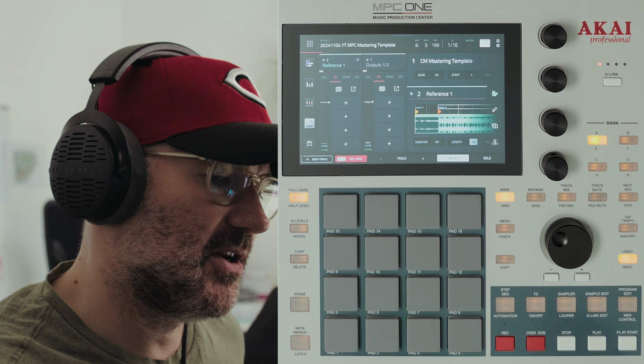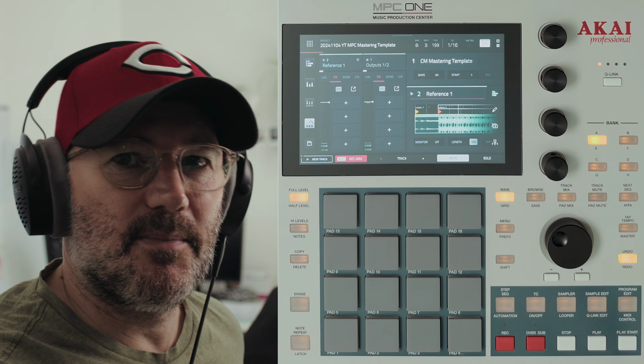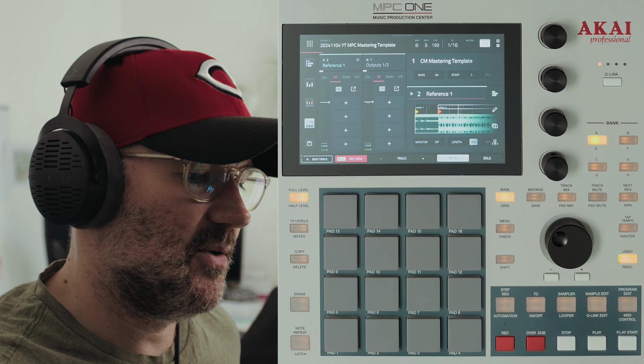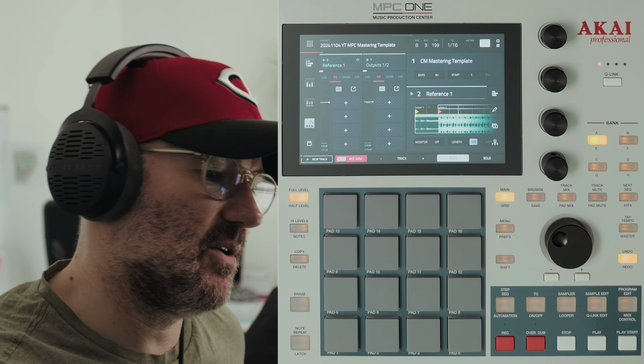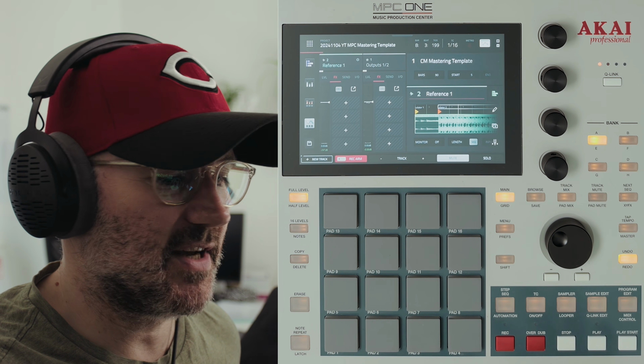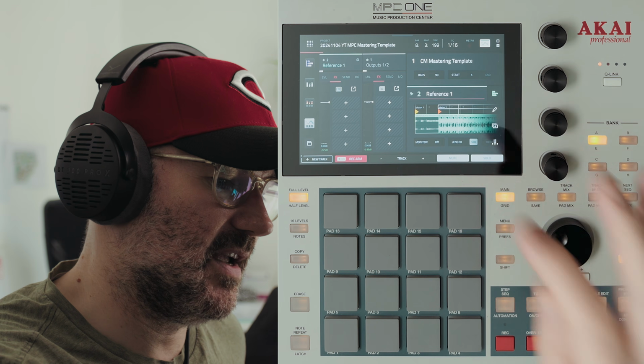So what I'm going to do now is I'm going to solo the original master that I did for the client in the studio and compare it in and out of solo. It's going to compare to what I've just done in the MPC. So we'll start with the